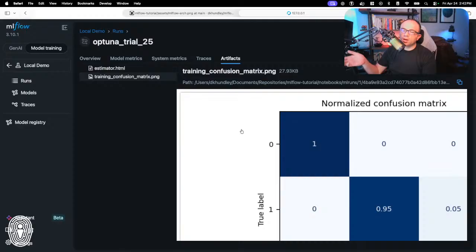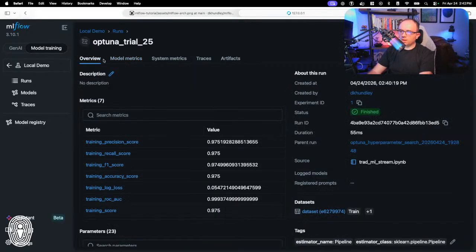So if I did not have, oh, that's where I was going. If a library or machine learning framework is not supported by MLflow, then I would have had to do all this manually, which is not a deal breaker per se. It's just not as easy as using auto logging. Or if I want to get way more specific, if I want to give very specific names to certain parameters for whatever reason, then manual logging is always available to us. And we will demonstrate manual logging here in a little bit.